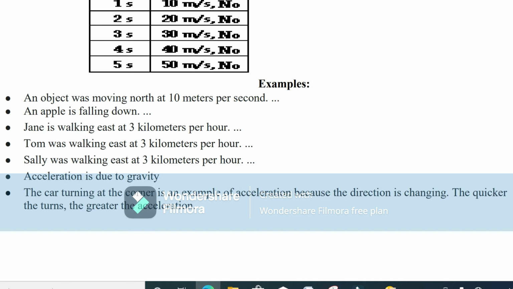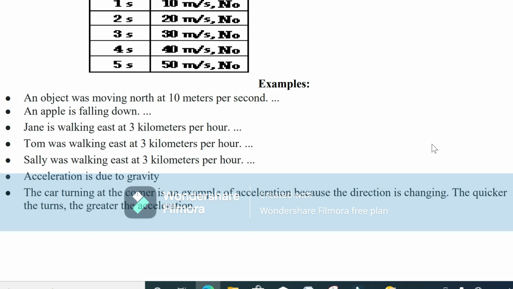The car turning at a corner is an example of acceleration because the direction is changing. The quicker the turn, the greater the acceleration. So remember one thing, that acceleration does not depend upon the change in velocity only. It is produced due to the change in direction as well. If we are talking about uniform circular motion,